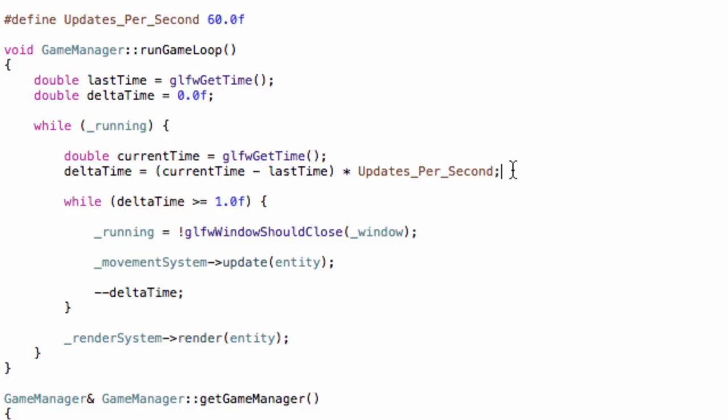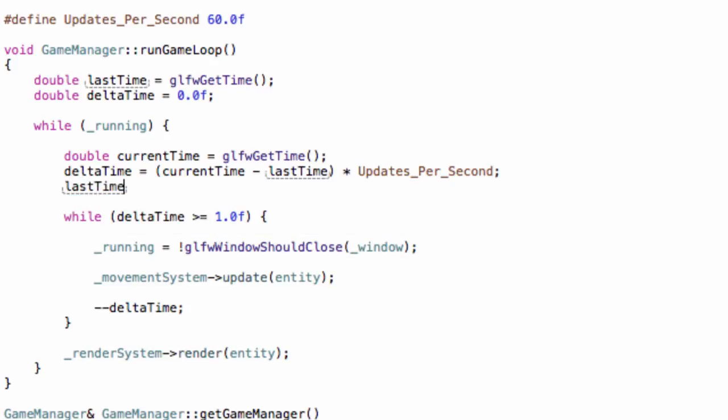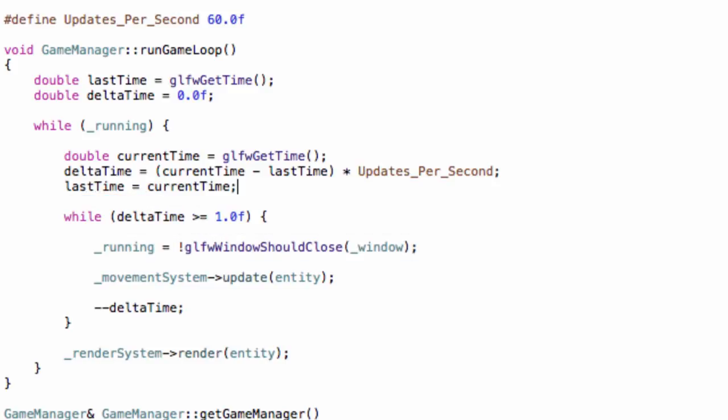And we forgot one more thing. Excuse me. We have to set last time. So after we calculate delta time, we have to actually set last time equal to the current time, like this. And that way, the next iteration, last time will equal current time of this iteration, and this time we always get the appropriate delta time. It's very simple actually. So if we run this now,